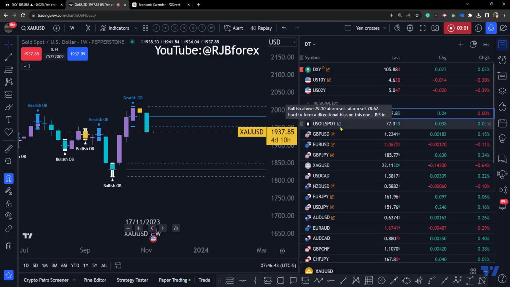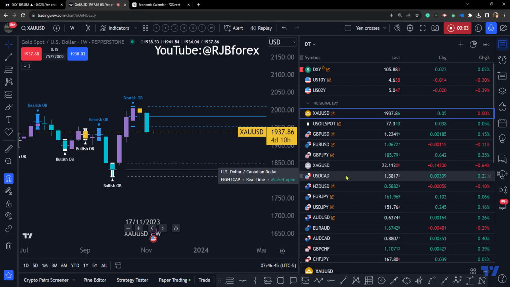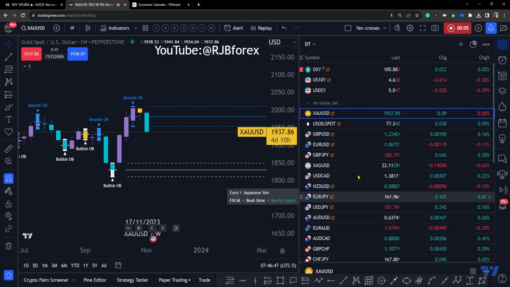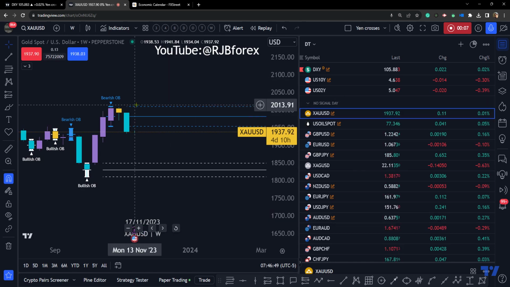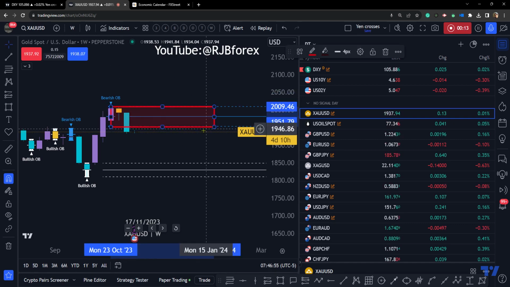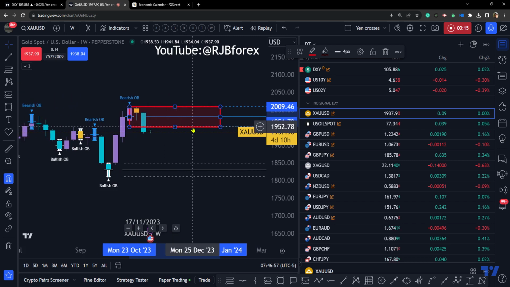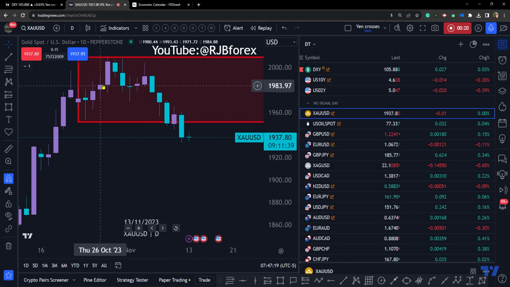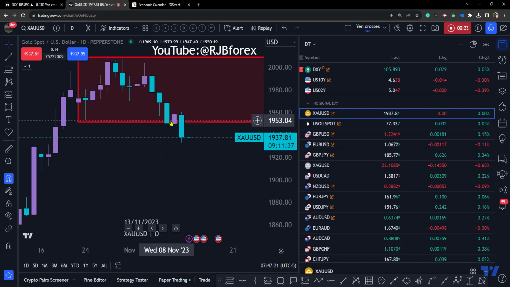Starting with gold, and we'll come down through to these major currencies. Gold on this weekly chart, as you can see, is being held up in this bearish area on the chart. That's the weekly chart there, and it's had a strong drop last week. On the daily chart, this M formation failed to pull the price up into the neckline, and instead on Friday